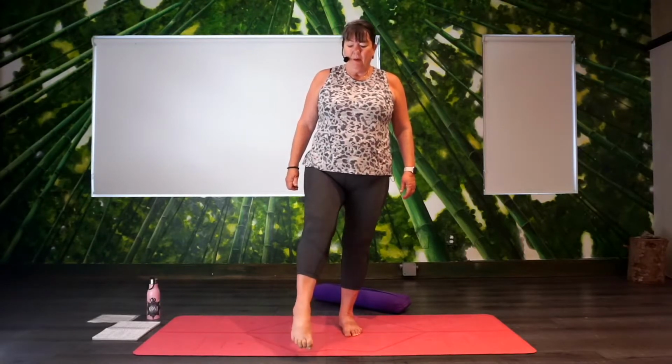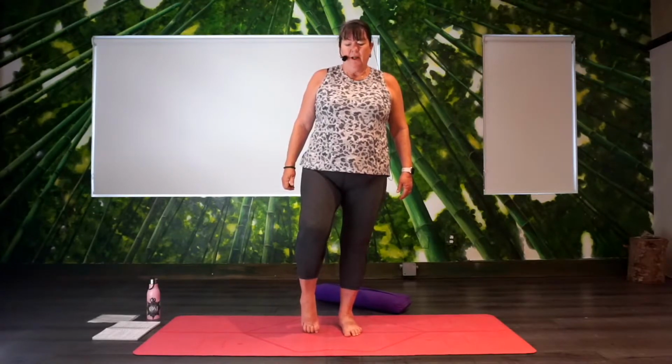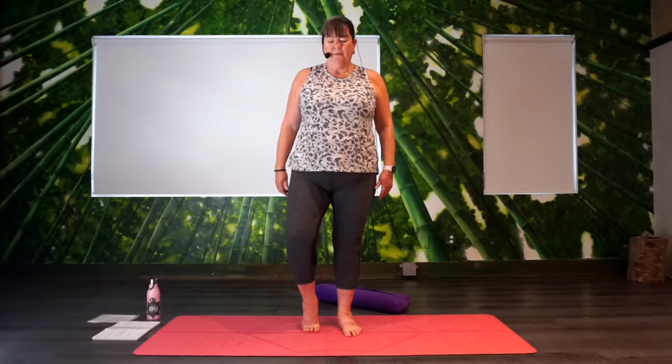So I know there might be some people that this work with the toes is just not available. If that's the case, just pointing and flexing the foot in front of you if this pressure is just too much. Up onto the toes and back. And then inhale, rolling forward. So going back and forth a few times